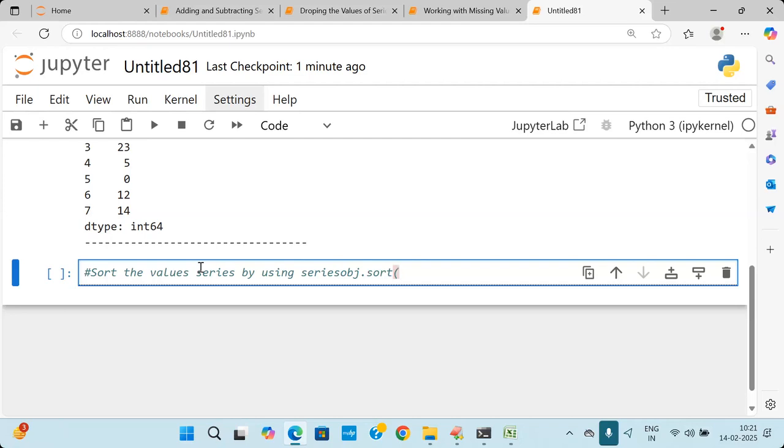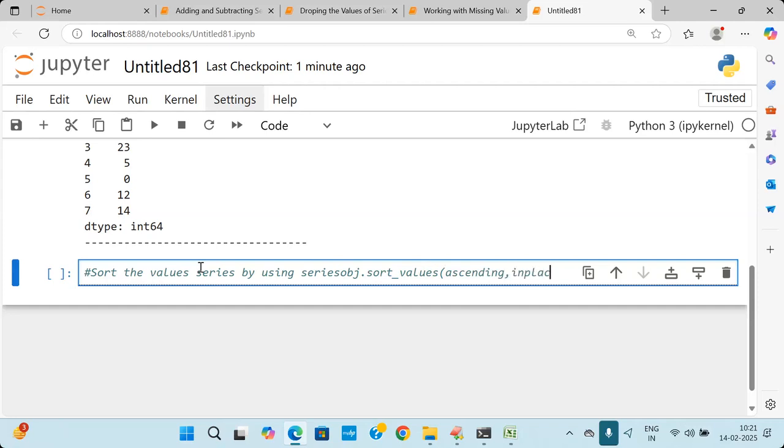Already you have done it in lists: sort with reverse equal to true. But here the function name is sort underscore values, with ascending equal to, comma,